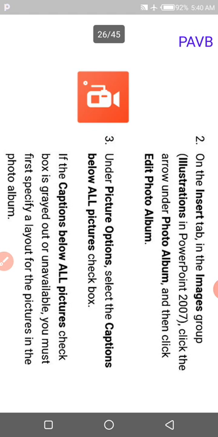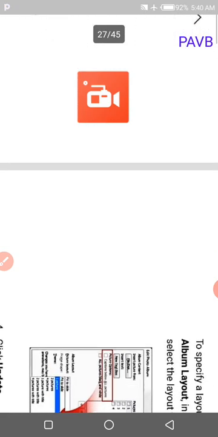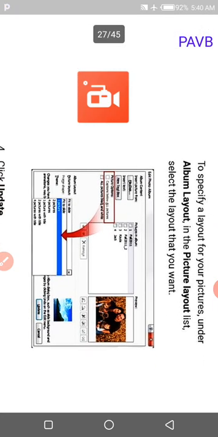If the Captions below ALL pictures checkbox is grayed out or unavailable, you must first specify a layout for the pictures in the photo album. To specify a layout for a picture, under Album Layout, in the Picture Layout list, select the layout you want.